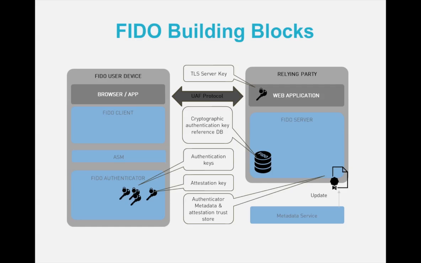Now, the situation is slightly different in the PC world. We have seen a lot of requests for separate hardware tokens in the form of USB pluggable devices, which can be simply inserted in the USB plug of your laptop, for example, and used for FIDO authentication. So both ways are possible.